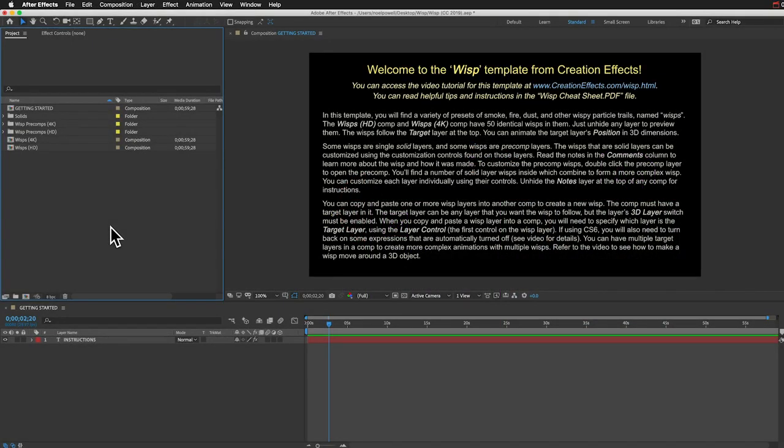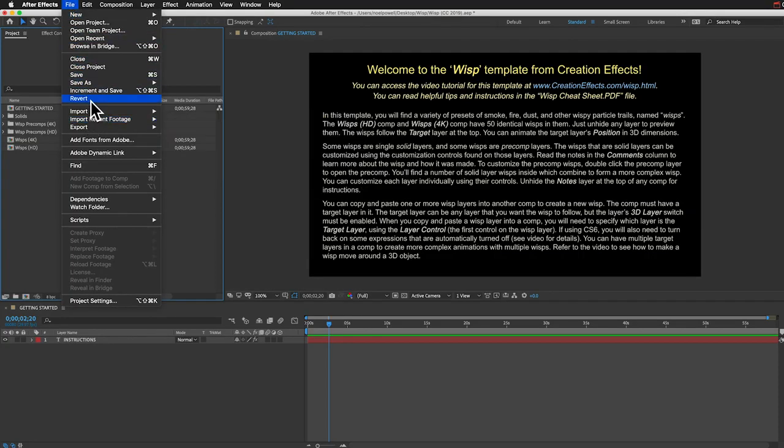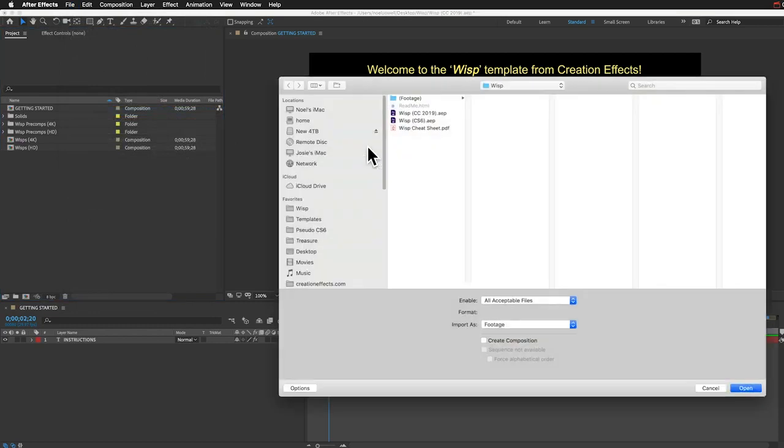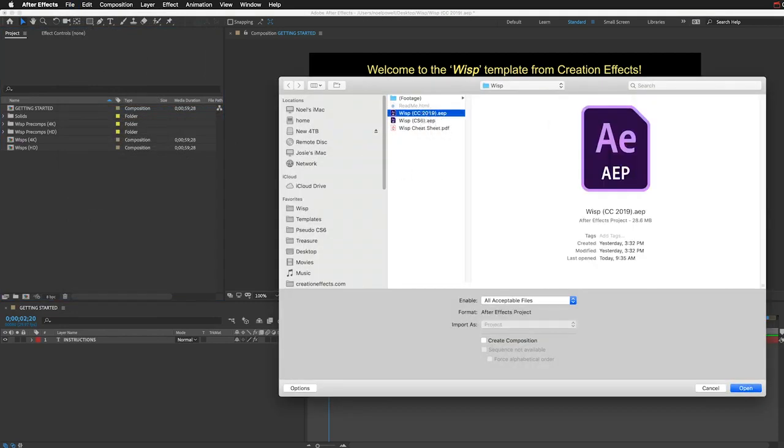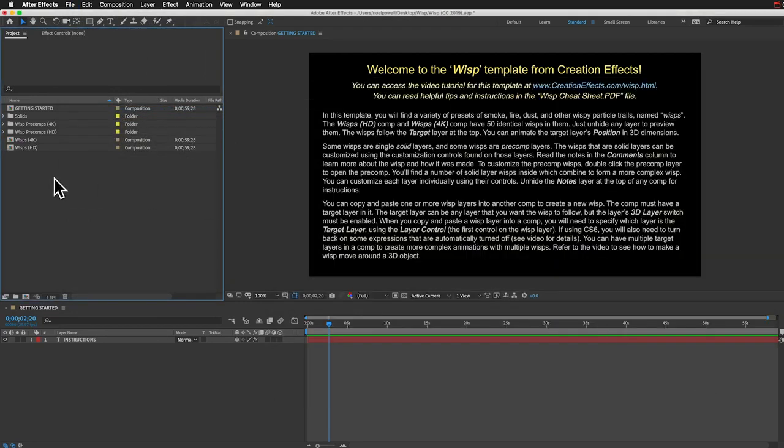Another way to access the effects, if you're already working in a project and you want to import the wisps into that project, you can just go to File, Import, File, and just select the project file and then open it, and it'll put it all inside one folder in your project panel. Okay, so you can see we've got some instructions here to help you get started,